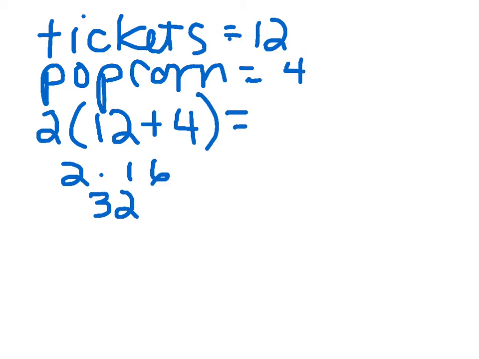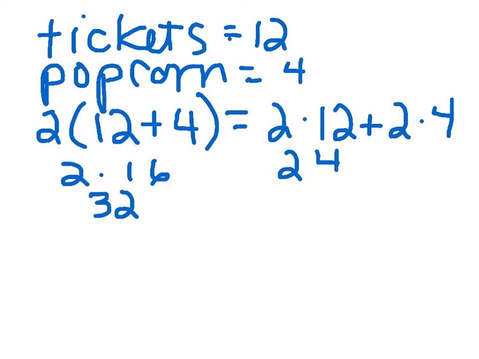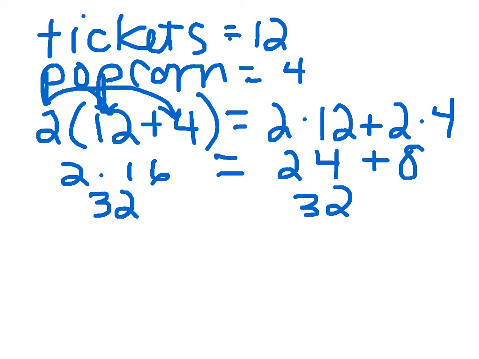Others said you could also think about it as 2 tickets and 2 popcorns, which is also equal to 32. This illustrates the basic fundamental idea of the distributive property. If a number is multiplying a quantity in parentheses, it's the same thing as if I multiplied each of those